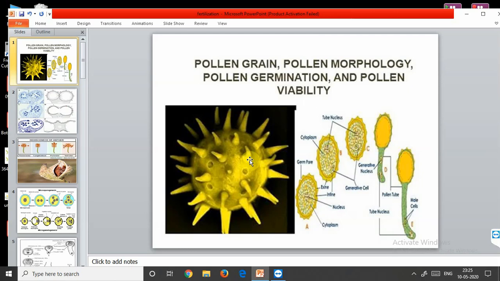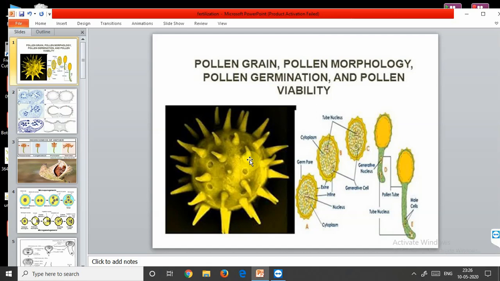Then the plants in which pollination takes place by the insects, their pollen grains have some oily layer around the pollen grain. So the plants in which pollination happens through insects have a sticky substance around the pollen grain, and that sticky substance is very useful because it protects the pollen grain from harmful substances, whatever harmful UV rays there are. That sticky substance combined with the pollen grain is called pollenkitt. And it is very brightly colored, mostly yellow in color, and that's for attracting the insects towards the pollen grain so that it is very helpful in the process of pollination.